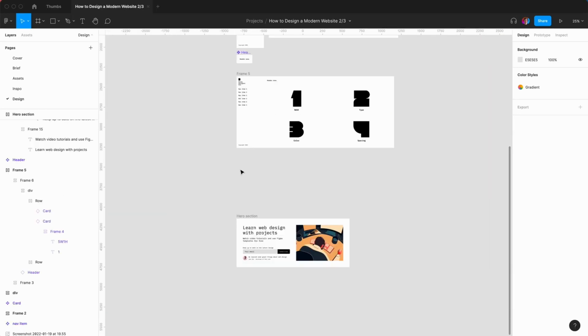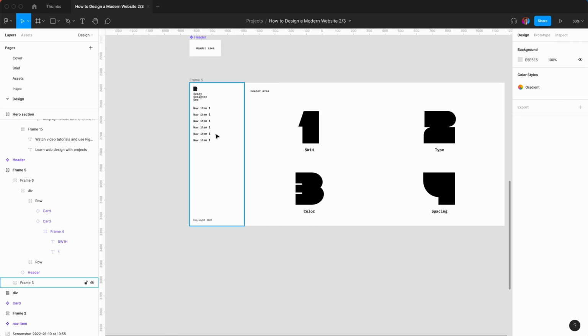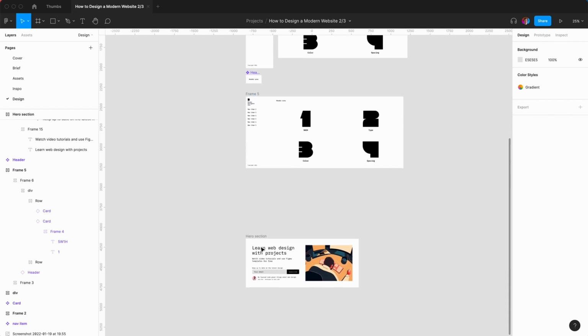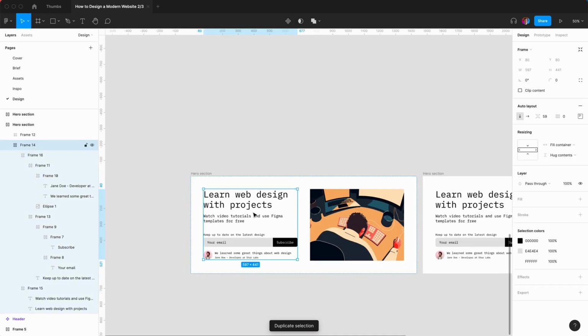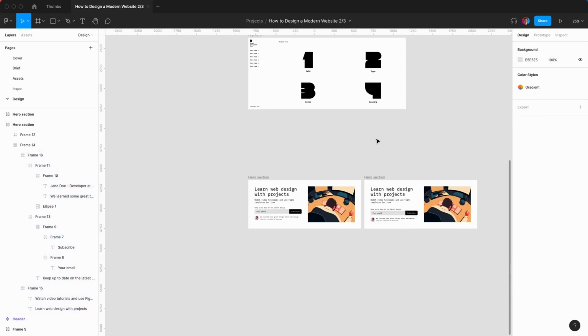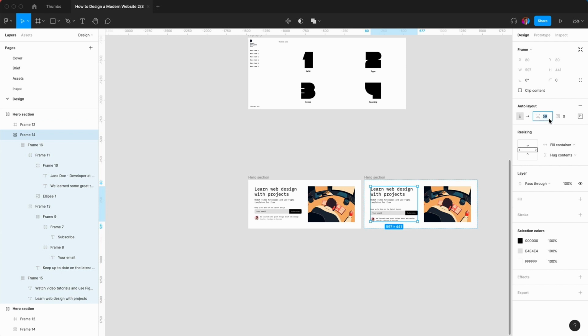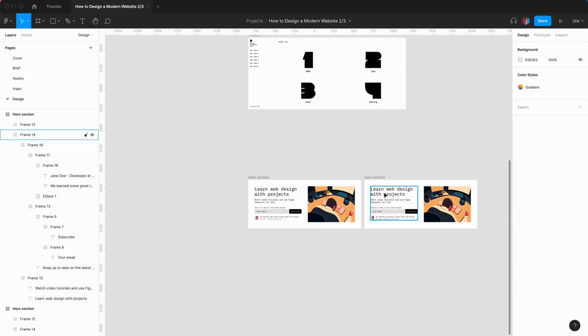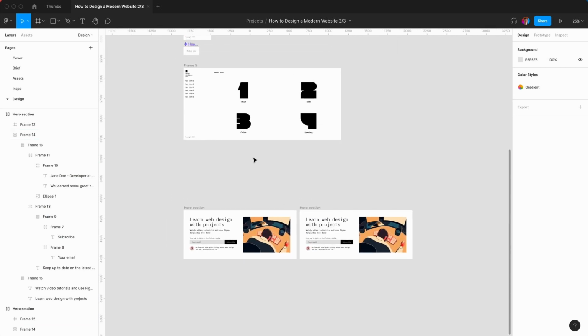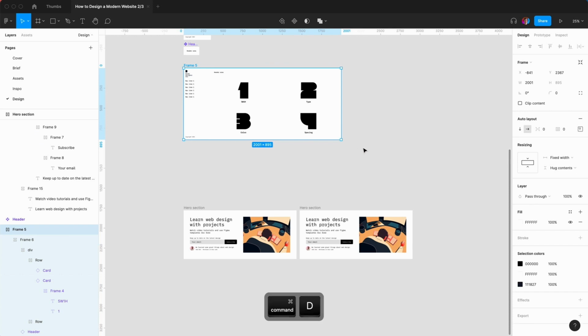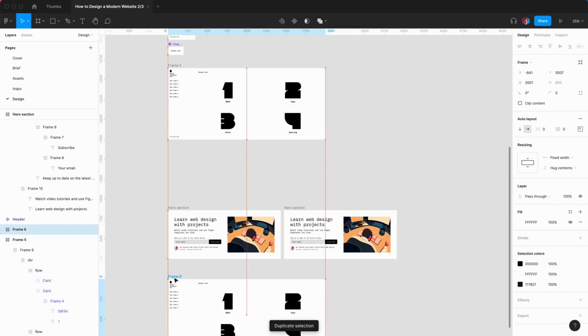So the next thing we're going to do is we're going to put the hero section into the concept of the home page. So for reference, I'm going to Command D. And just one thing I notice here is we can put the spacing. So let's say 40. And here we do the same thing, so 40. So now we're using values that are divisible by 8 or 4. And here we're just going to duplicate this as well. So we've got a really nice reference.